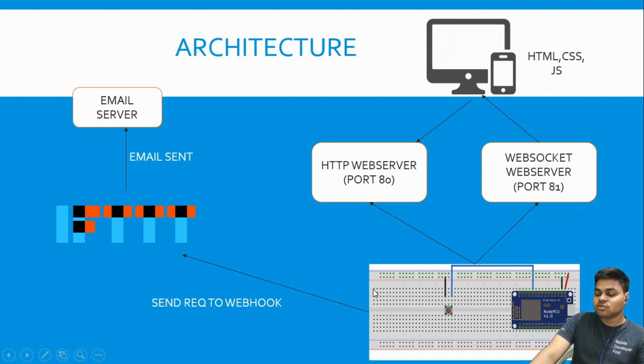We can do it with a normal HTTP POST, and we are sending data, basically a data field sent with value 5. As it is sent, an email will be generated, because we need to create an applet on the IFTTT end. So we are first going to create that IFTTT applet, and after that IFTTT will trigger the email service and send us an email regarding that. So this is the whole architecture of how our project works.